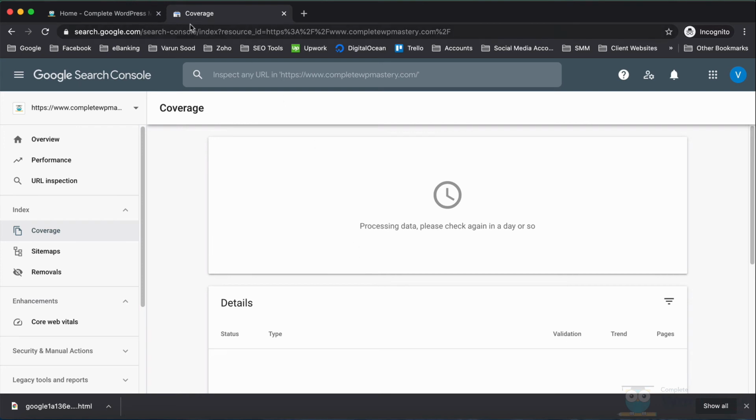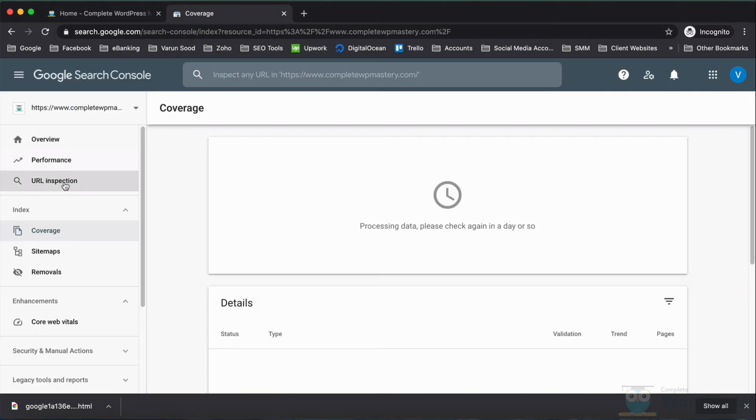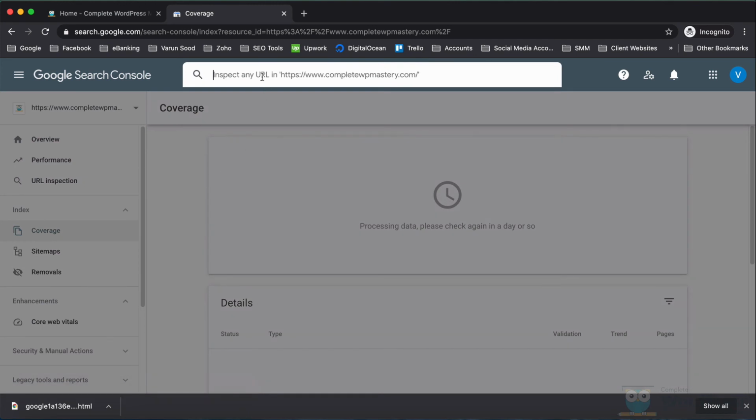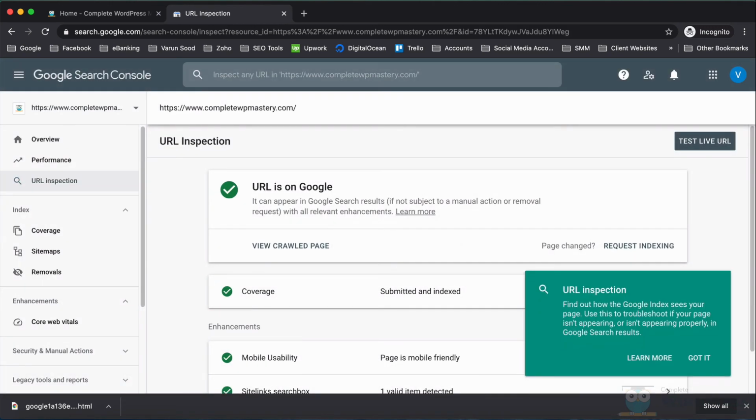You can very easily inspect a specific URL of your website by going to URL inspection page. In this case, it says URL is on Google.